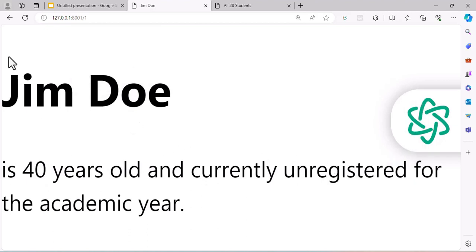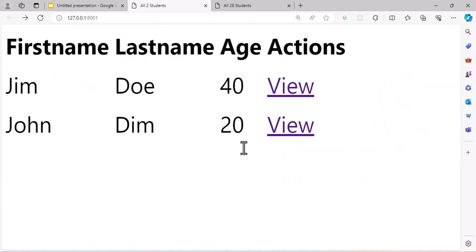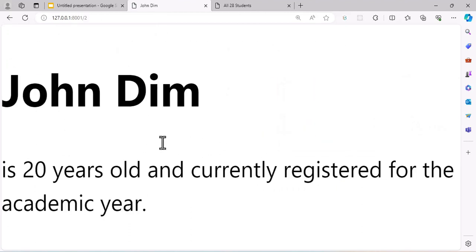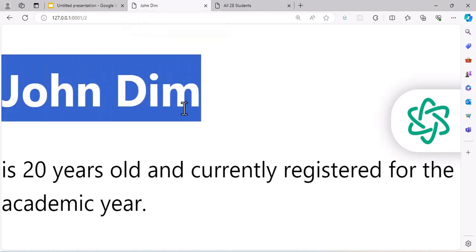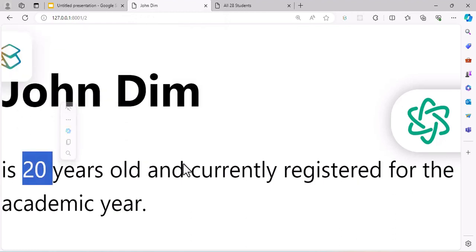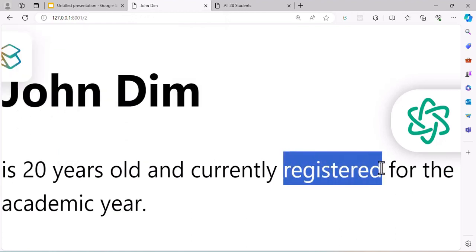for the academic year. So if I go back and I click on view the second one, you can see now that we have the name generated dynamically with the same page. The first name, the last name, 20, and currently this one is registered because registered for this particular user